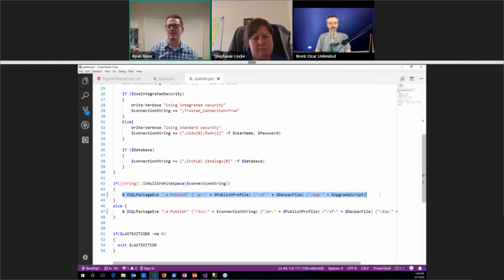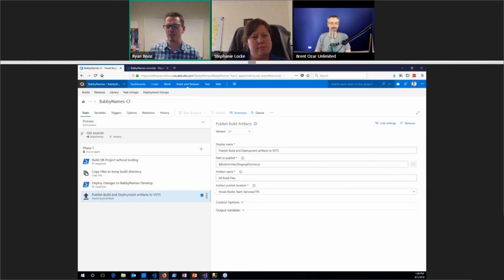So I am simply saying, publish these changes to this database, save the output file for me so I can see the script that was created, and then publish that stuff back up, all right? So with those 2 files, here's how we do it. Hopefully we can do this in just a couple minutes.